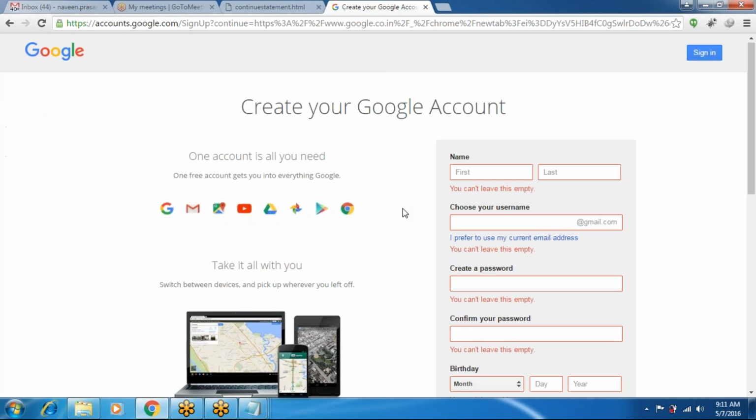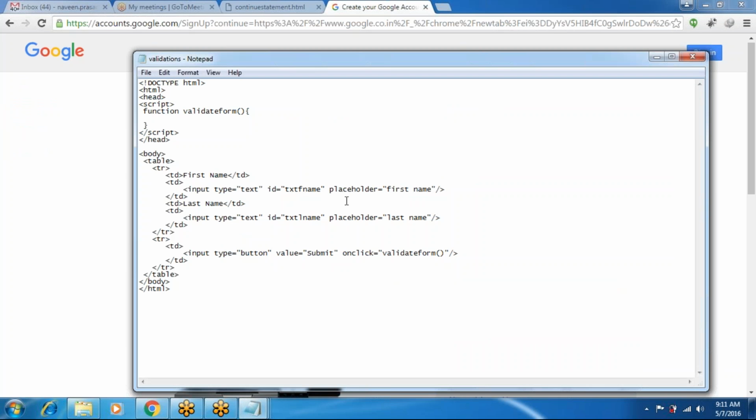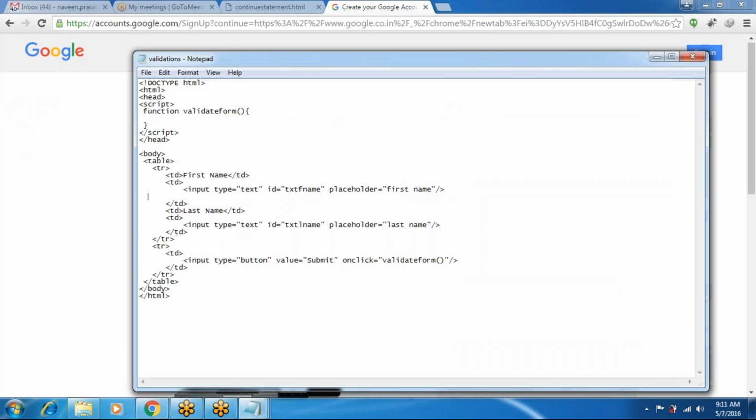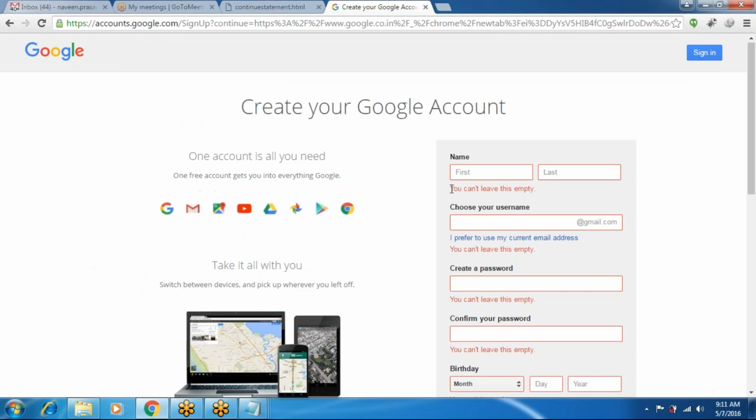You can write the validations in this text box also. Take a span, and in the span write, you can't leave this empty.